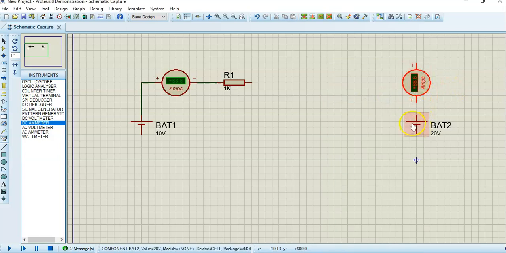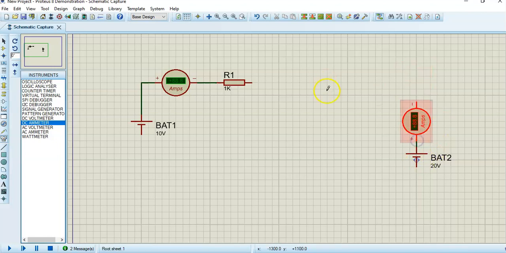Yeah, so this should be alright. Probably it looks better if you move this down a little bit and bring the ammeter down as well. So I'm going to connect these two,